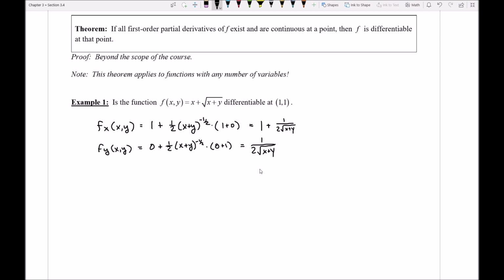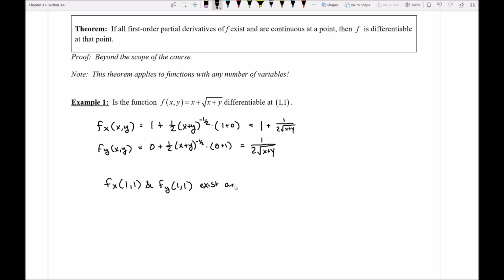I can also see that these functions represent continuous functions, except where x and y are opposite values or equal to 0, in which case I would divide by 0. Certainly that does not happen at (1, 1), and so I can say that the partial derivative with respect to x at (1, 1) and the partial derivative with respect to y at (1, 1)